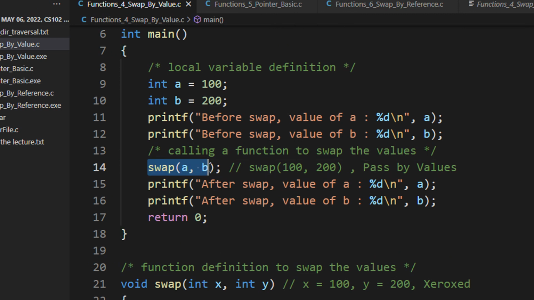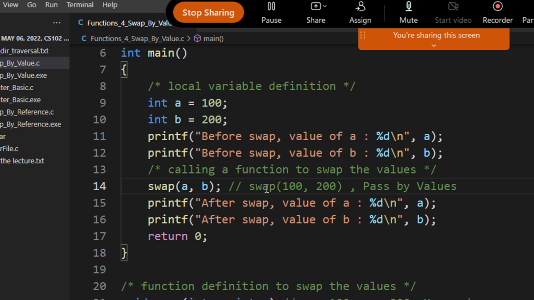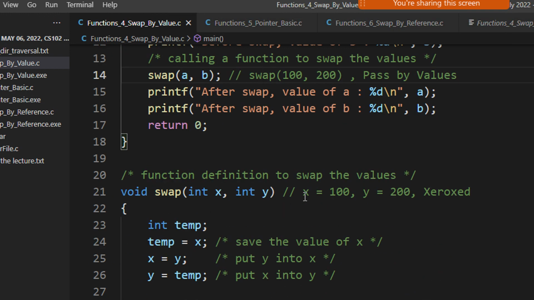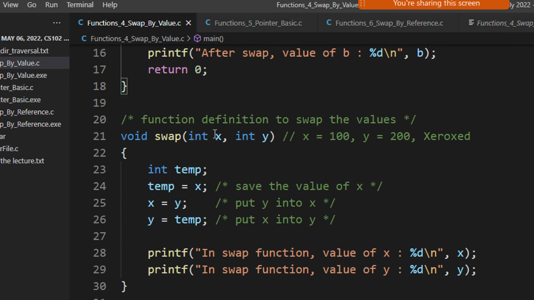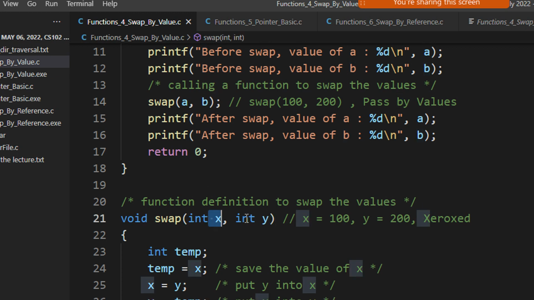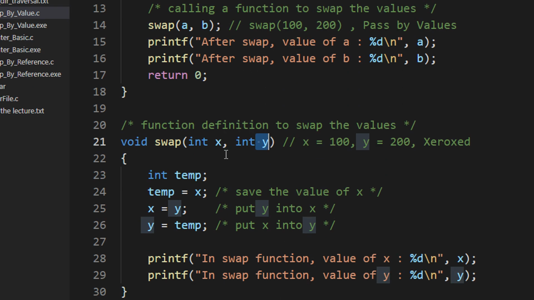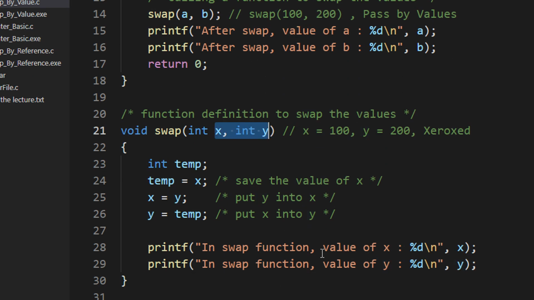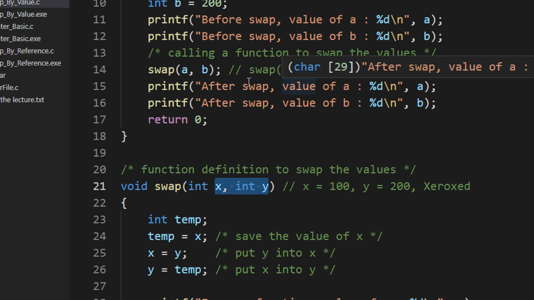So we have a swap A and B, and after swap we are passing 100 and 200. We have a void function here that copies the value of A and B into X and Y. Even if it is A and B, it does not matter because they will be copied into another separate memory location. So whatever operations happen are on the copies of A and B. So A gets copied to X and B to Y. We do the swapping. So basically X and Y are swapped in the function, but the changes don't get reflected